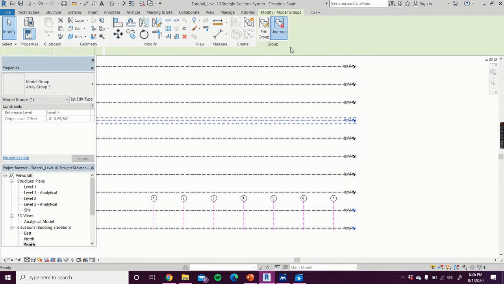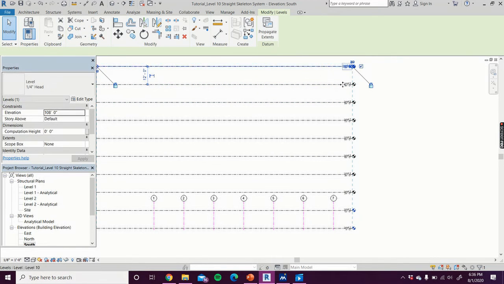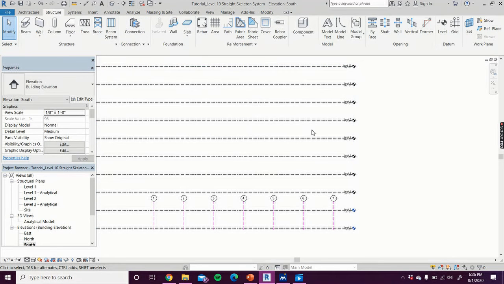You can also do the same thing with the floors. If you don't want to ungroup them, you can just do copy and paste. That'll work just as well. You can use any method as long as you get all these floors up there. It really doesn't matter which way you do it. I just prefer to use arrays personally. So now that they're all ungrouped,